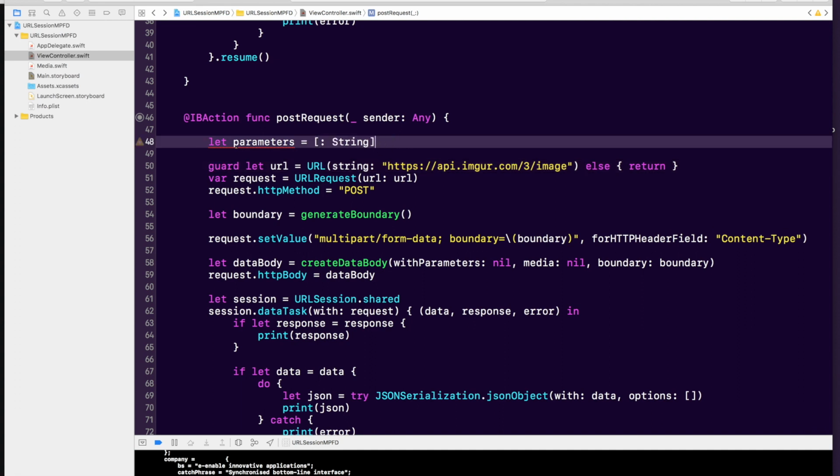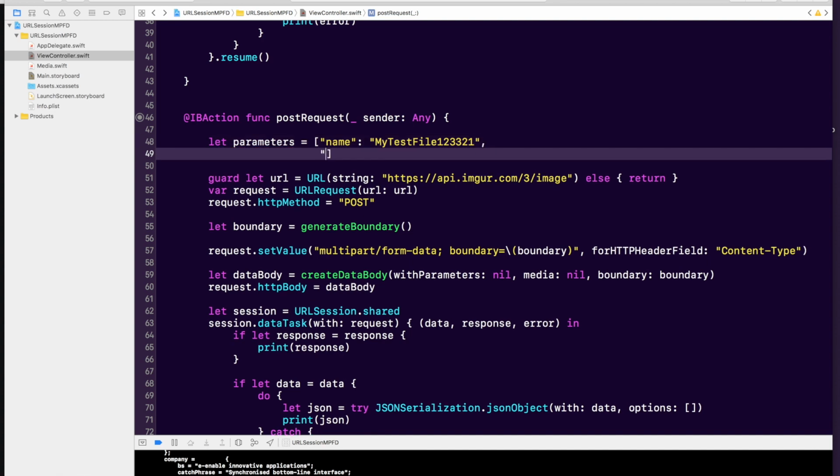So let's get rid of this name and my test file 1233321, because we want to make sure that there's no conflicts with any other files out there or whatever. Also, we wanted to do description, so description,